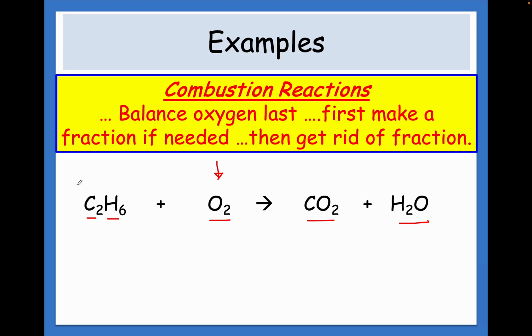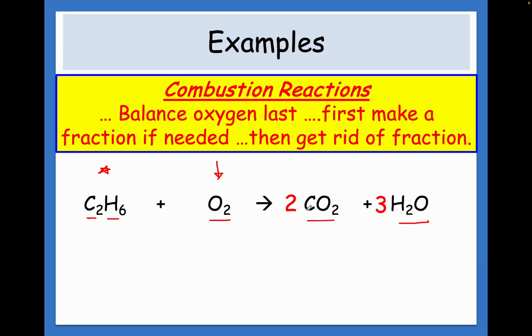So the only thing that changes is this guy right here that I'm going to put a star on. So basically, what I like to do is start with the carbons first, and then I do the hydrogens. Make sure you save the oxygens for last because that's your singular molecule, all right? So let's balance the carbons first. There were 2 carbons, and there are 2 carbons now. Now there's 6 hydrogens, and there's only, let's see, so to make that 6 hydrogens, let's make that a 3,